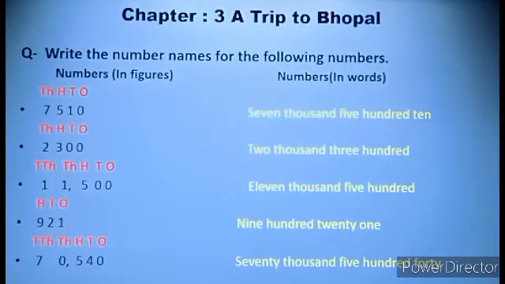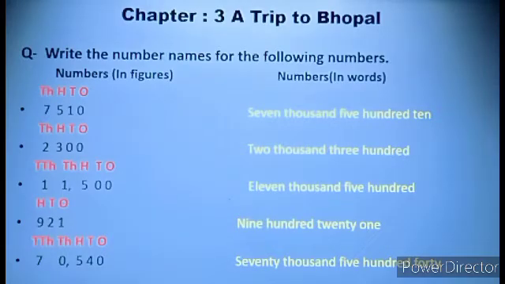Now the next example is 11500. Here it is a 5-digit number, so the 10,000 place comes after 1000. So above the first 1 we write 10,000, then we write 1000, then 100, tens and ones. Okay, so 1000 and 10,000 we read together: 11,500. There are no numbers on the ones and tens places. The same way we have to write 11,500.